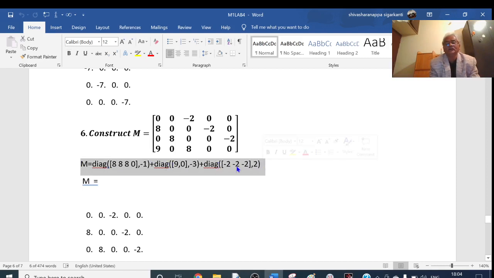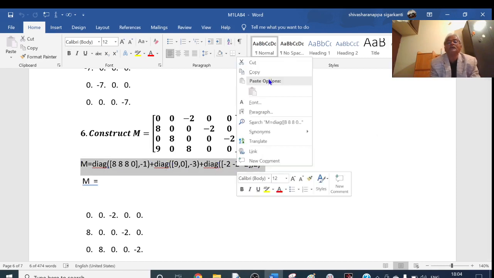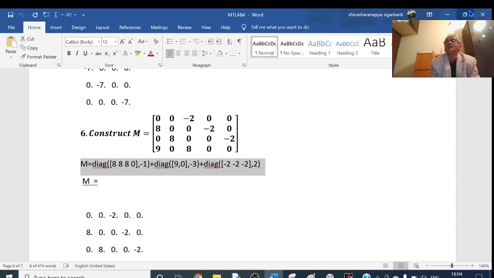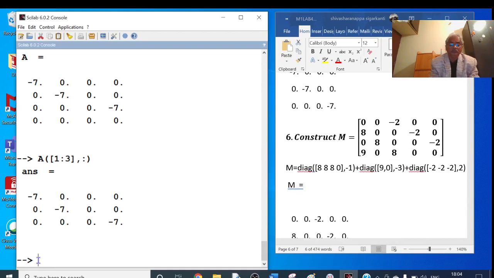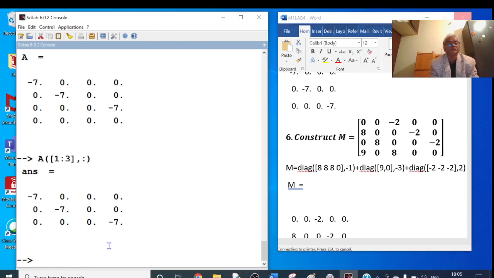Okay, let me copy whether it works or not. Copy. Here I will paste. It is not working, I think. Okay, I'll type. Just a minute, it is not working.